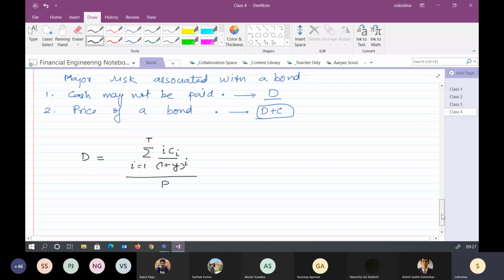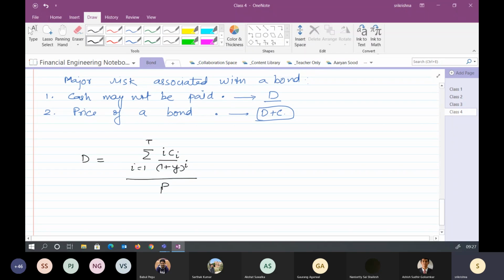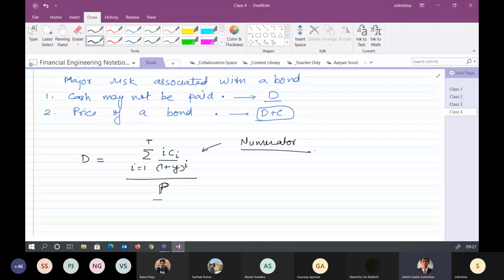Look at this expression, correct? Instead of this price at t is equal to 0, we are assuming that it is fixed, correct? Price is fixed. So the only thing which we have to look at is the numerator perspective. What is the numerator talking about? Can somebody say that? Weighted average of cash flows multiplied by the time. Yes.